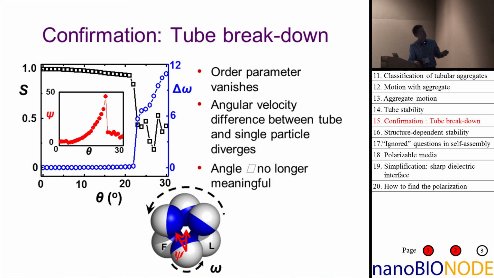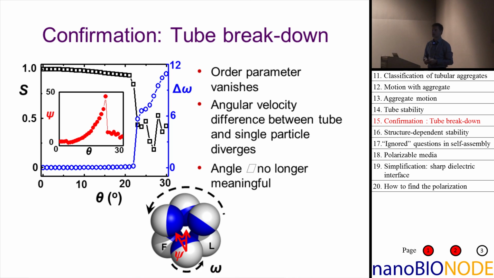If you change that opening angle, here let's first look at the inset, and you see if the opening angle becomes larger, the particles start to rotate faster. That means also the cylinder should rotate faster. It needs a larger torque, which means this angle psi has to grow. And it does just that. But it cannot grow too far, because then at some point, the blue side is not even pointing to the center of the tube. So you don't have anything that keeps the whole tube together. And that's indeed exactly where you see this collapse at a given theta.